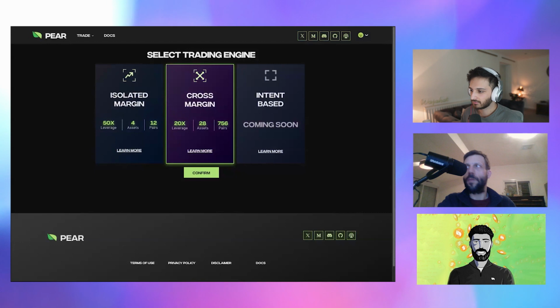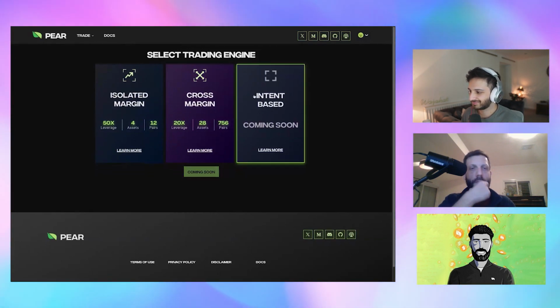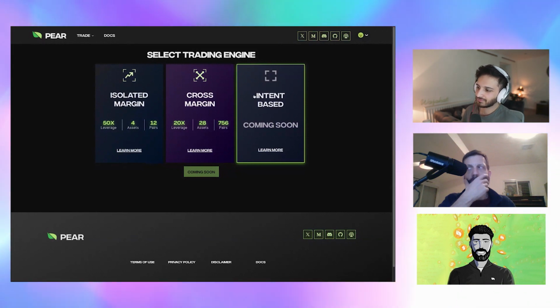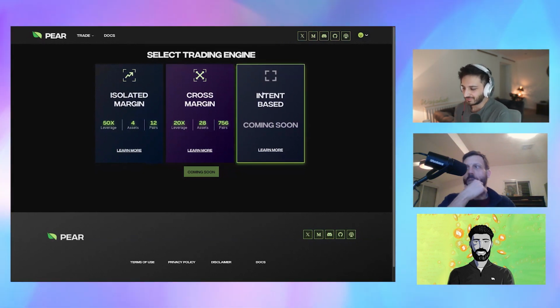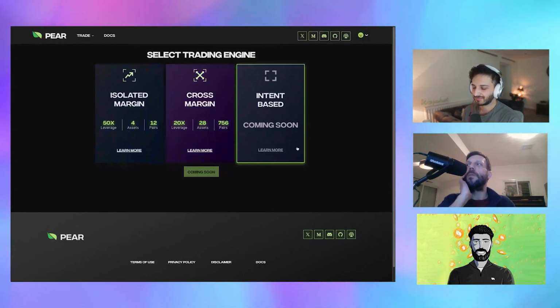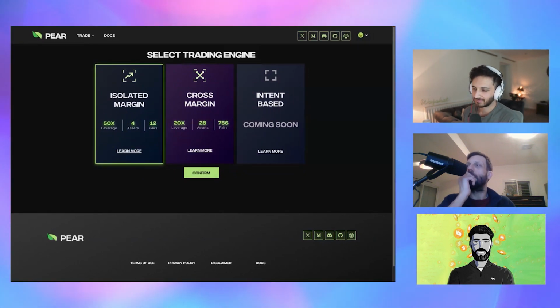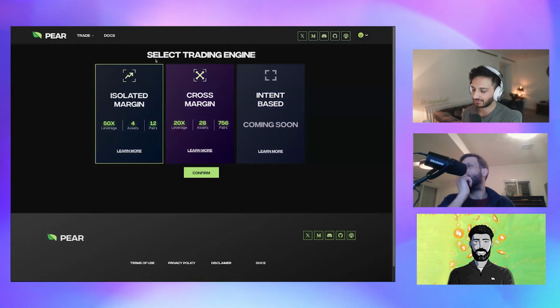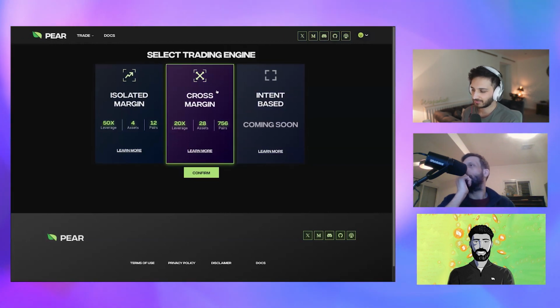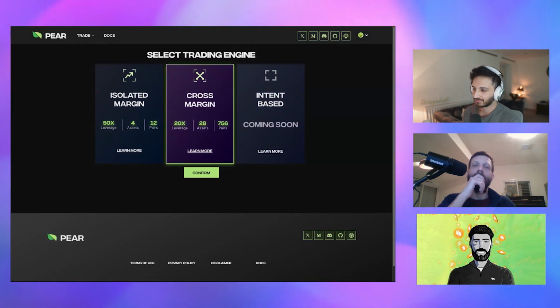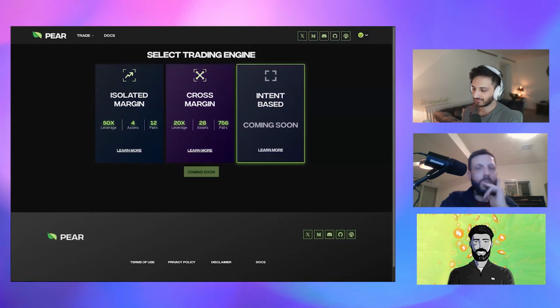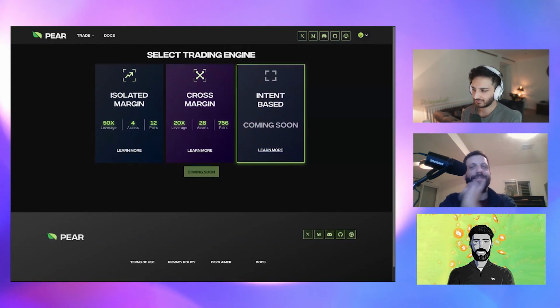And then a third product which we can talk about, which is intent-based. So that's a completely different way of trading the underlying liquidity. In the case of the isolated margin product, we built on top of GMX V1 and V2, so that's where we source our perp liquidity. The cross margin product has been built on top of Vertex's SDK, so on top of an order book. And then the intent-based platform is partnering with Symmio, and we integrate and face market makers and solvers directly.